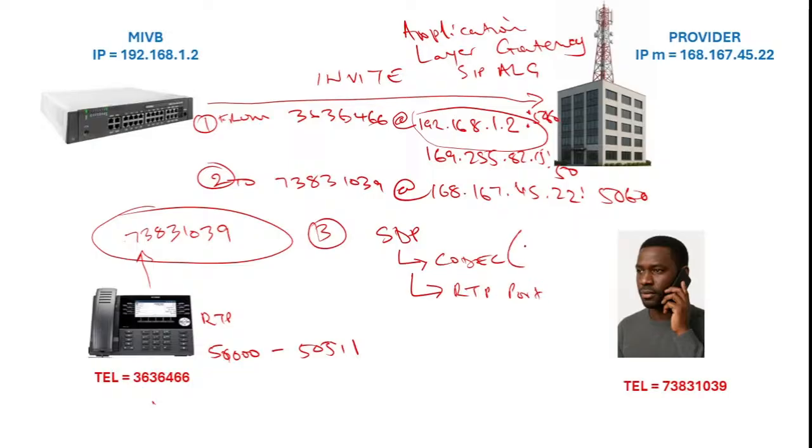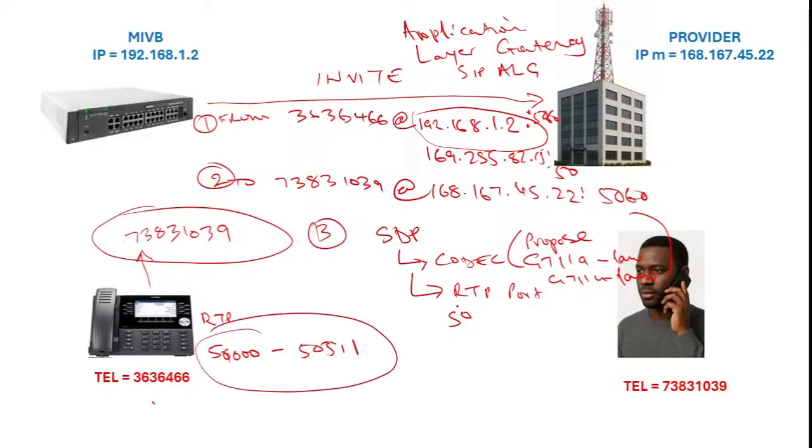The codec is going to propose probably G711A, probably G711 mu-law, depending on what you configured it to send in the proposal. And it's going to say we are going to open an RTP path using a port. Probably it's going to choose at random from this range of ports for Mitel. Probably it's going to choose 50511, and then it's going to say talk to me on this port,